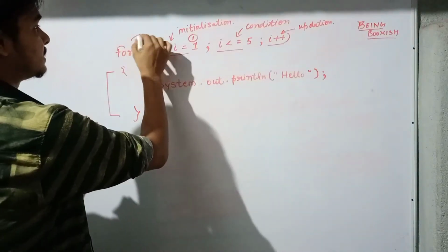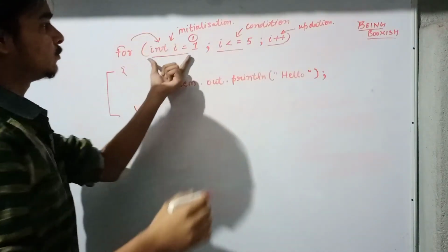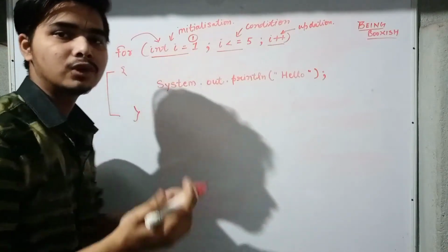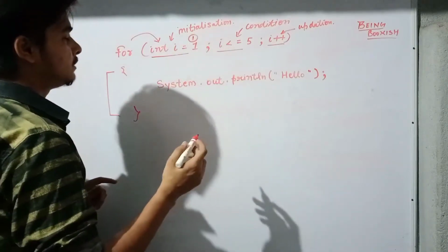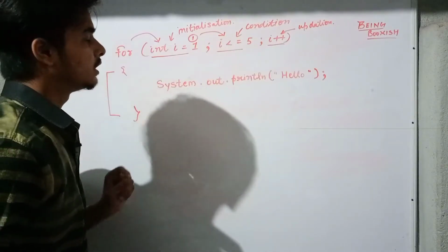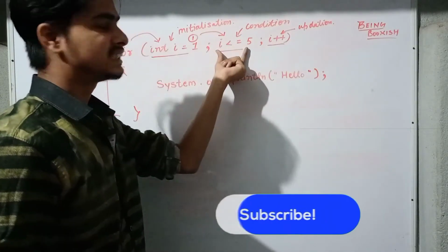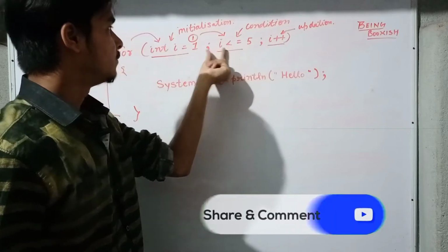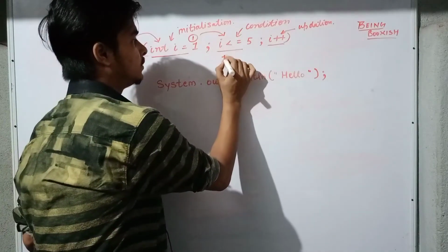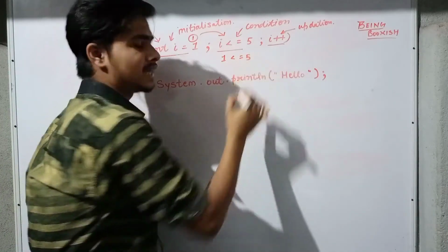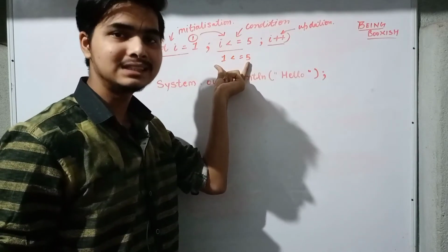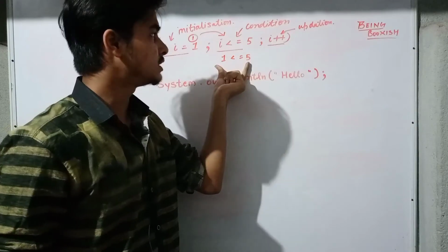The first thing that happens is that the for loop will go here and initialize whatever variable you have given. So here i equals 1. This is what we are initializing. Next, where will it go? It will go to the condition part. In the condition we are checking whether i is less than or equal to 5. What is the value of i? We have given the value of i as 1. So it is checking whether 1 is less than or equal to 5. Tell me whether this condition is true or not. Obviously it is true, because 1 is less than 5. So this condition is true.